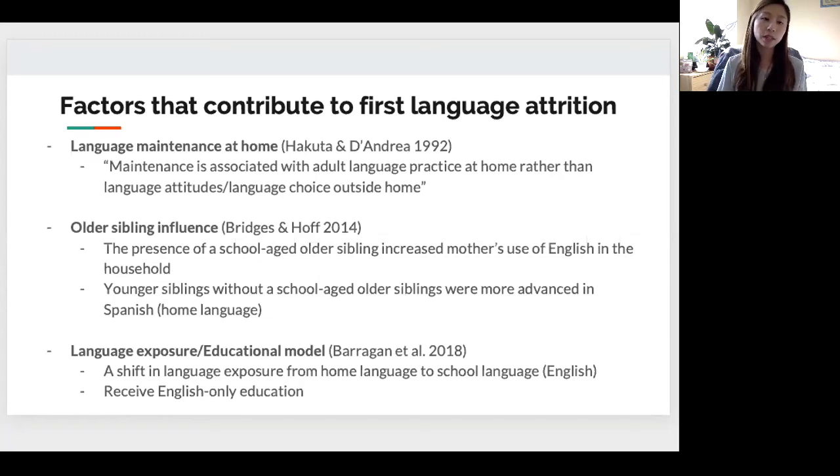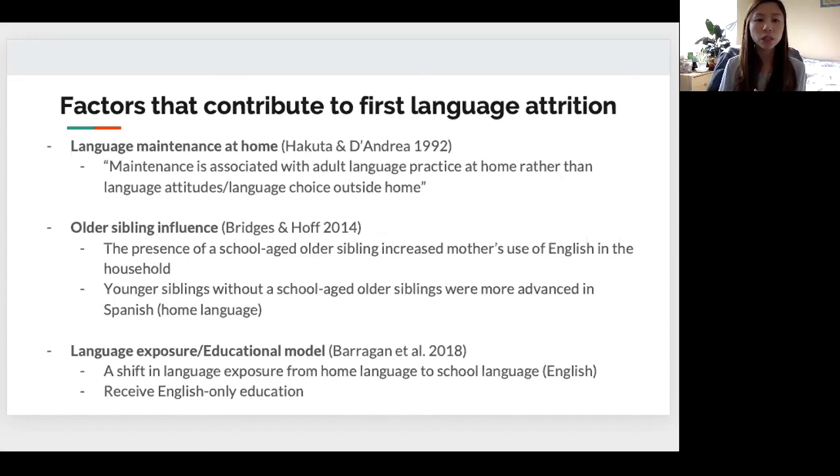Another factor is having a school-aged older sibling at home. In the study of Bridges and Hoff 2014, they found that having a school-aged older sibling increases mother's use of English with the toddler. And toddlers without a school-aged sibling had more advanced native language skills, in that case Spanish in the study, than the toddlers with a school-aged older sibling, where English was mainly spoken. The third factor is a shift